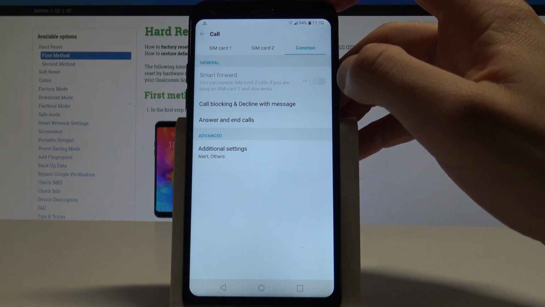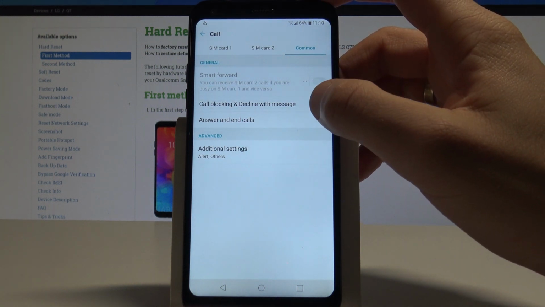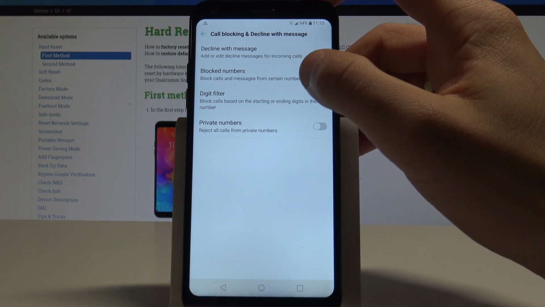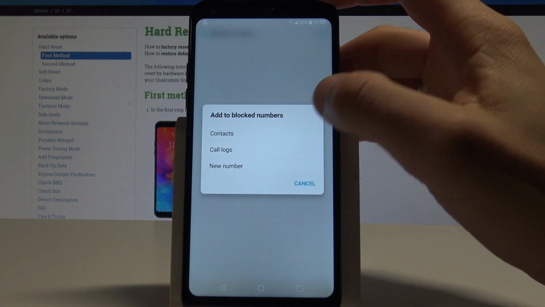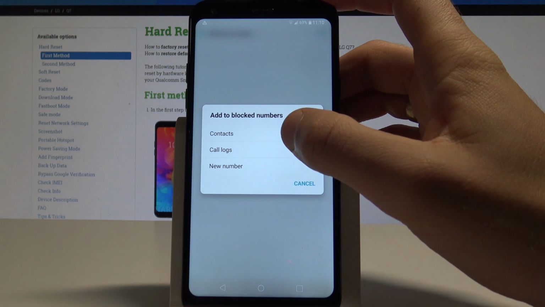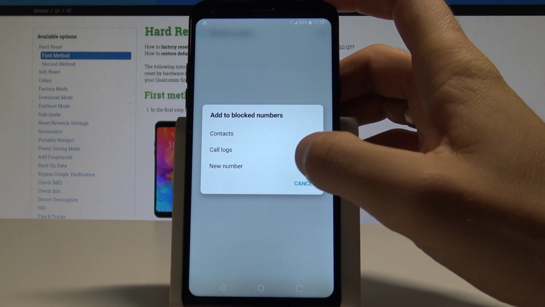Now let's open common section and choose call blocking and decline with messages. So here you can block numbers. Let's just use this plus key and you can add number to block by using contacts, call logs or new